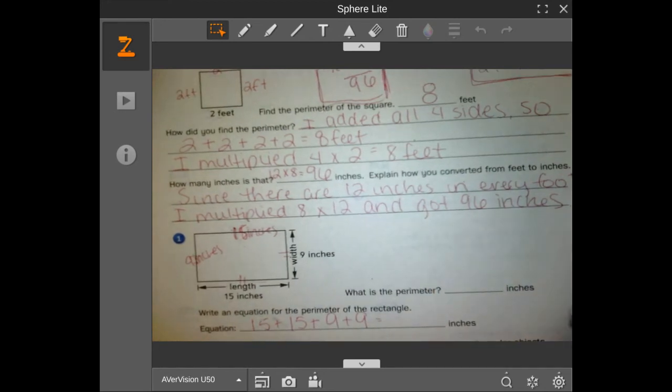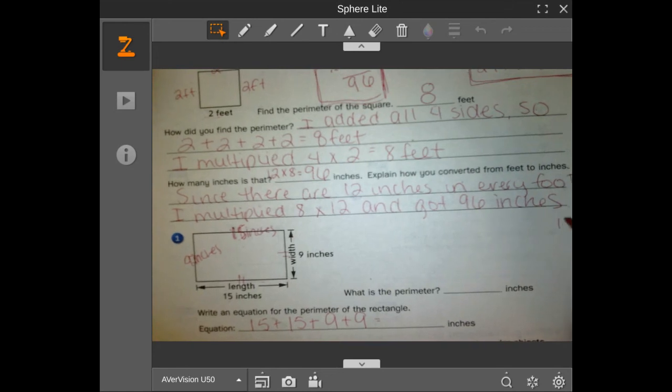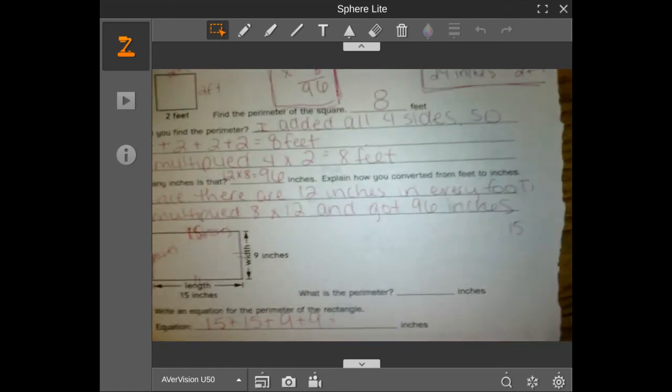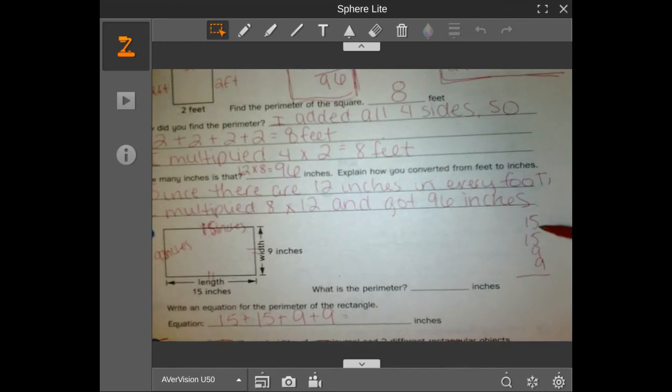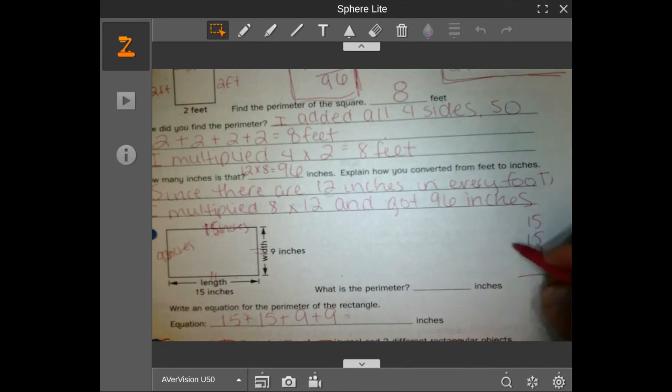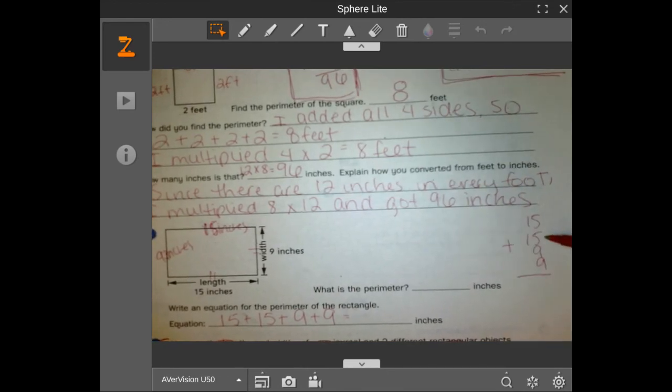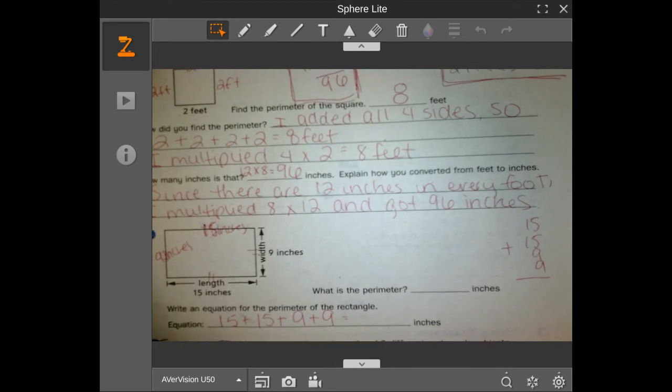Let's add those together. We know how to use our traditional columns. So for this problem, I'm going to do the same thing. 5 plus 5, put my plus sign here. 5 plus 5 equals 10. 10 plus 9, yes, 19. 19 plus 9, yes, 28. We're going to put our 8 here,